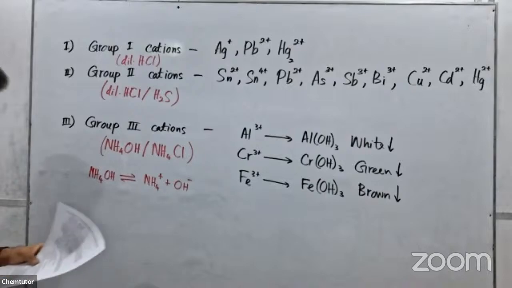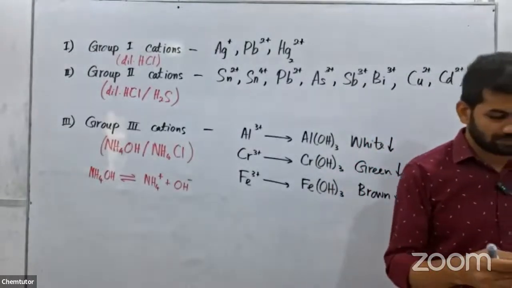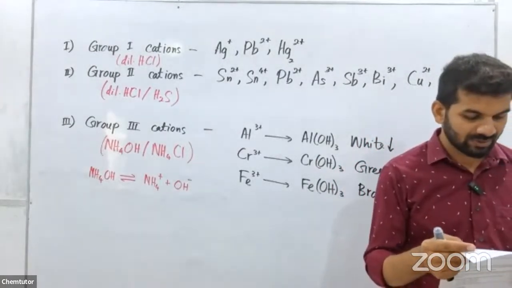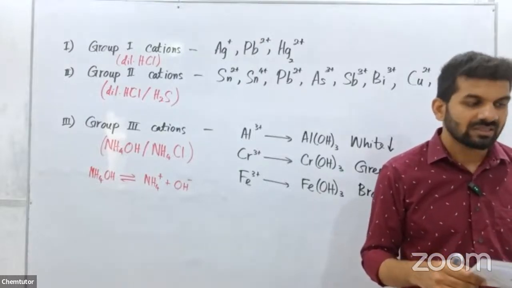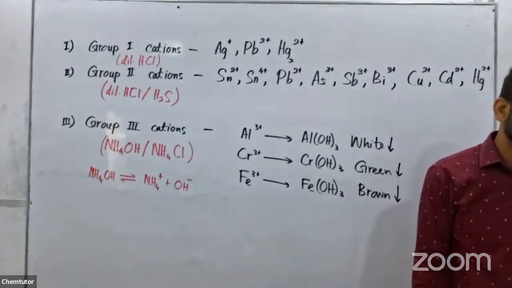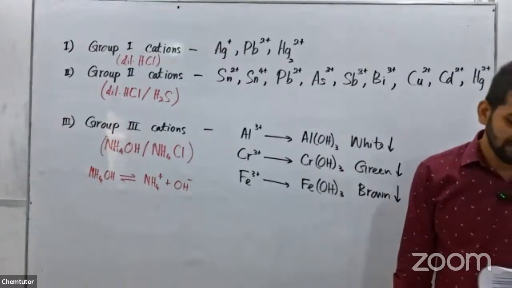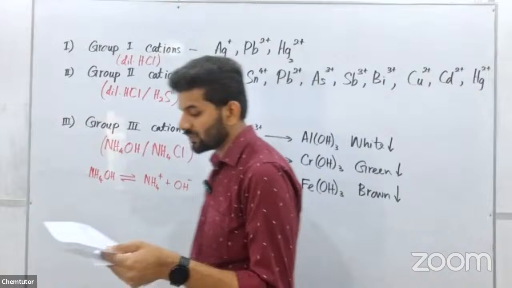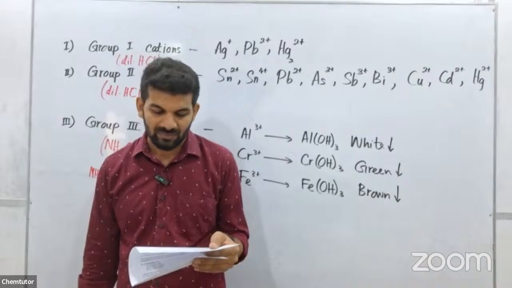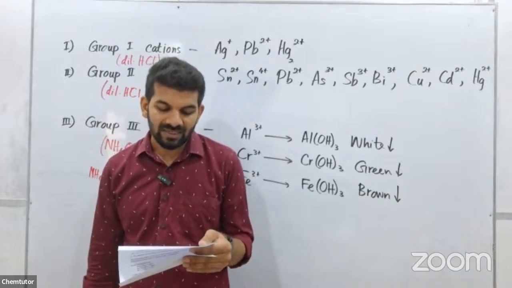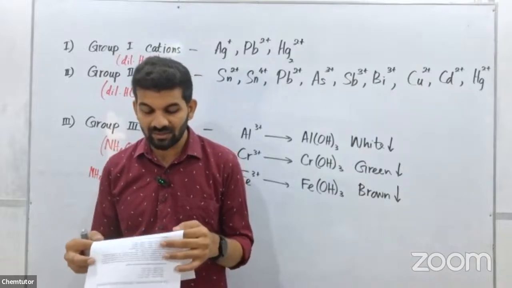Then the fourth one, that is of the group 4 cations. The ions of group 4 are precipitated as their sulfides from a basic solution of hydrogen sulfide. In a basic solution, more ionization of H2S occurs, and thus the concentration of S2- ions increases. It becomes so high that the ionic products of the sulfides of group 4 exceed their solubility products,